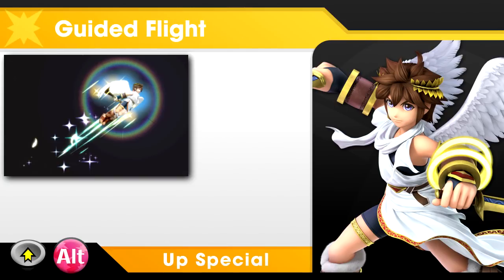Pit's variant could give his recovery more versatility, allowing him to alter his angle mid-flight to steer around edgeguard attempts or course correct if he's about to miss the ledge. But it'd come at a cost of somewhat slower movement that'd make him easier to hit if he's too predictable